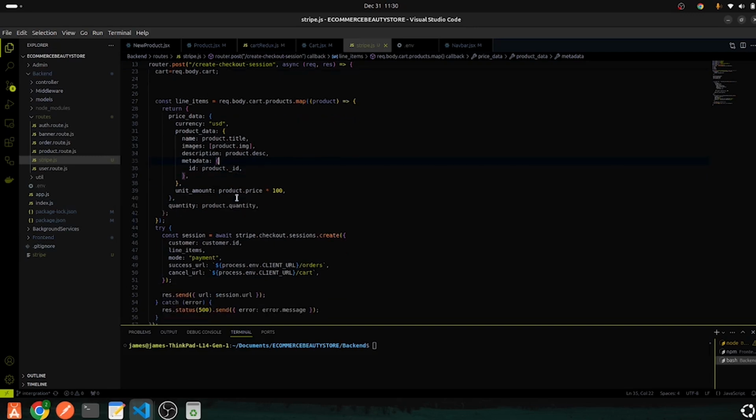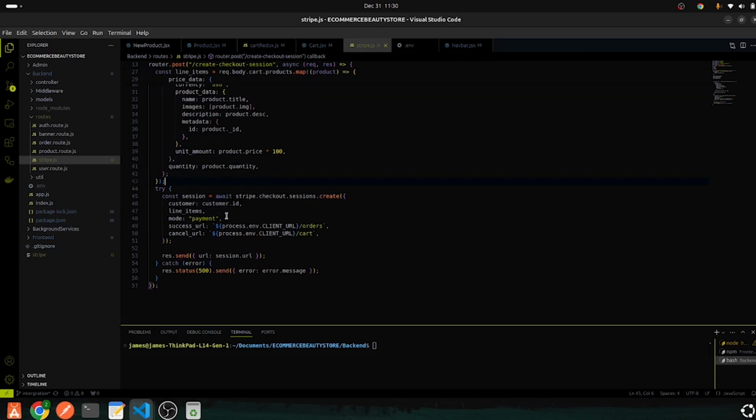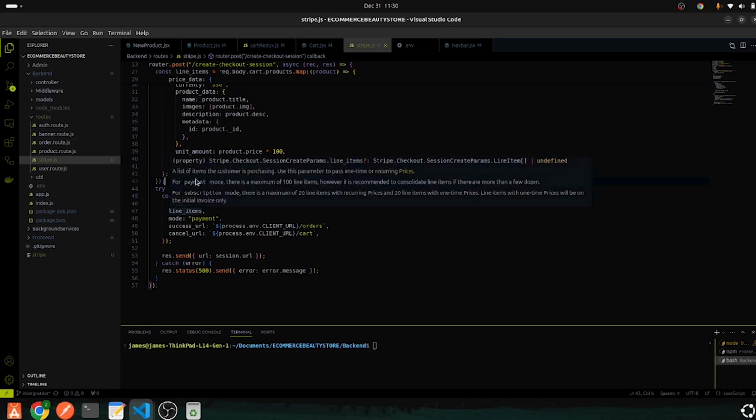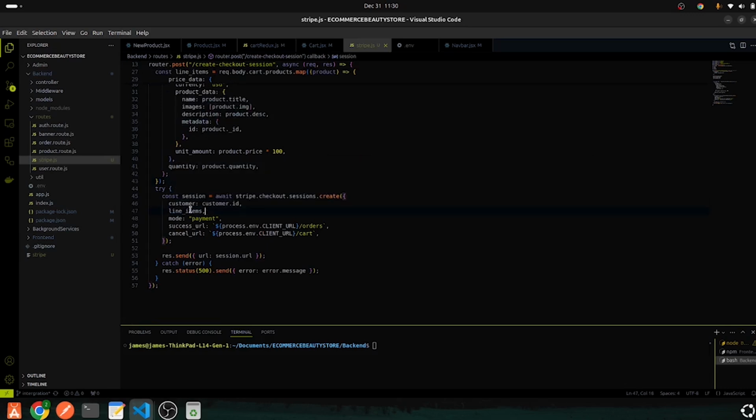Also you can see here unit amount, and this unit amount is shown in cents, and that's why you can see we are multiplying by 100. Also here the quantity we are going to get from product.quantity. Another thing is that after that you can see we now include line items here, and these are our products here. Another thing is that inside here, for example after stripe.checkout.sessions.create, and then we create a session,